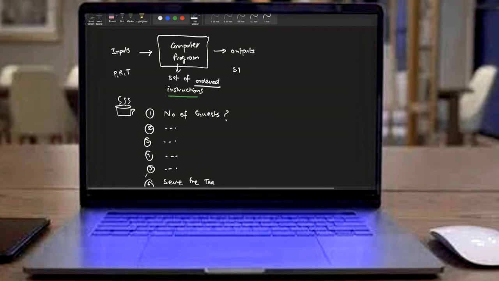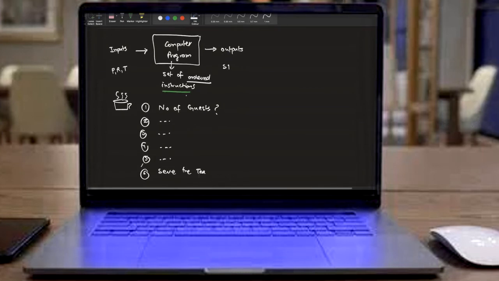Similarly, when we are going to write programs, we are going to write instructions, and these instructions will not be in English, these will be in a programming language. But before we jump into the programming language, we will use one notation: we will design a flow chart to show how the control is going to flow if you want to design a certain program.